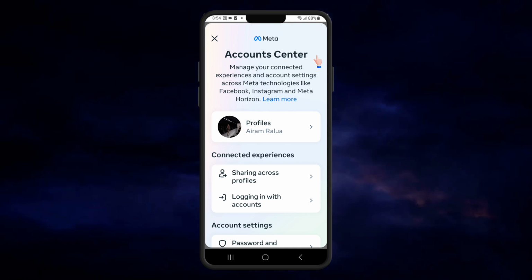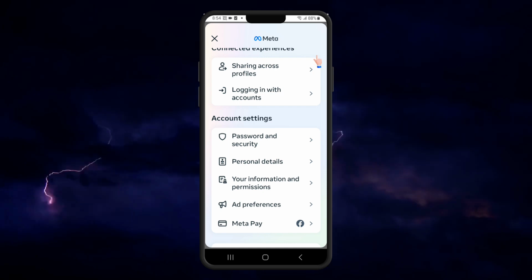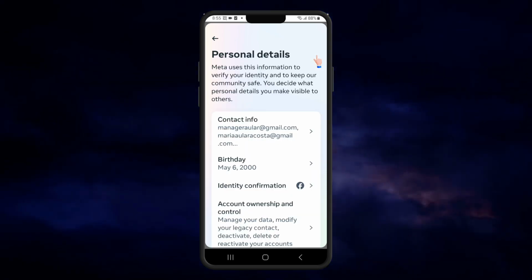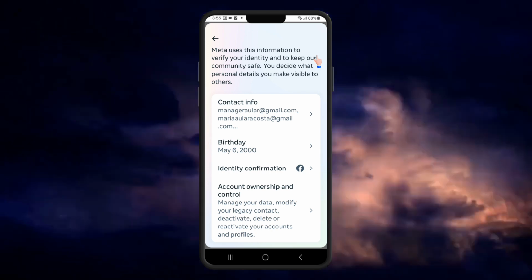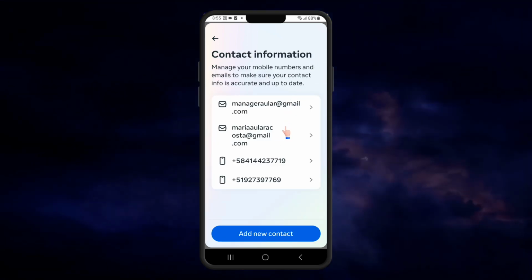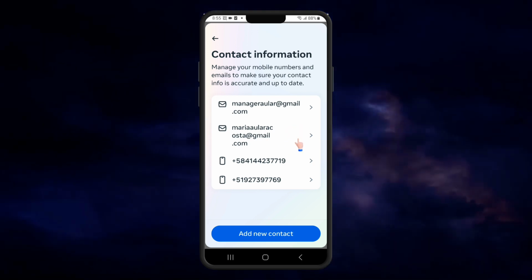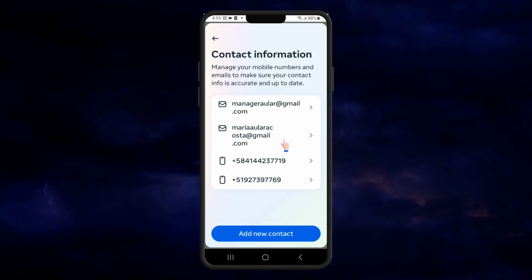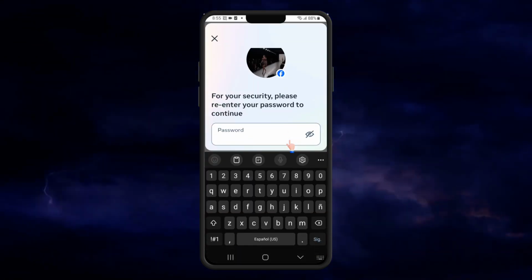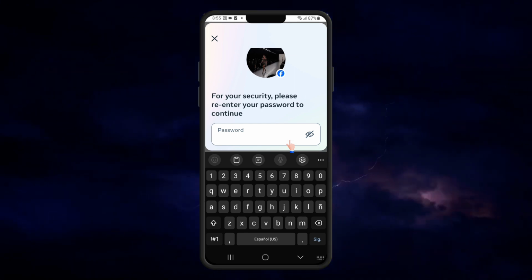Once we are here, we are going to go to where it says personal details under password and security. Okay, now we can see our contact information and our emails here. What we are going to do is delete the one we want here. We delete. Okay, delete the email, and you must enter your password. On the next thing